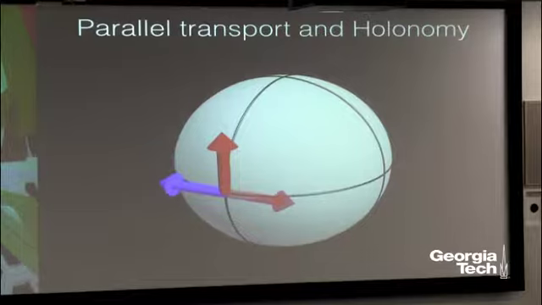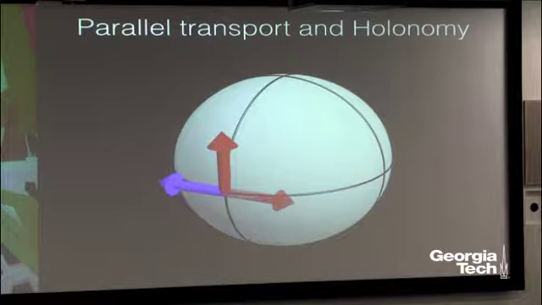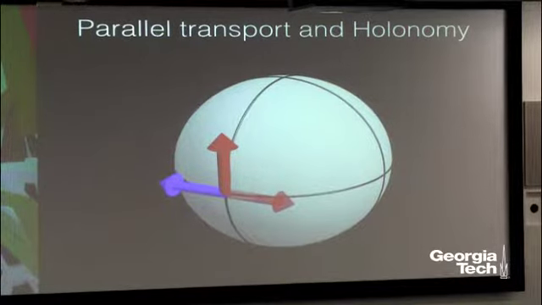And I haven't moved my arms in orientation, so I'm walking kind of like this. So I'm fixing my orientation, I'm fixing the position of my arms, and when I get back around, I find that I've rotated, so that my right arm, which was originally pointed towards the North Pole, is now pointing to the west, and my left arm, which was originally pointed to the east, is now pointing north.